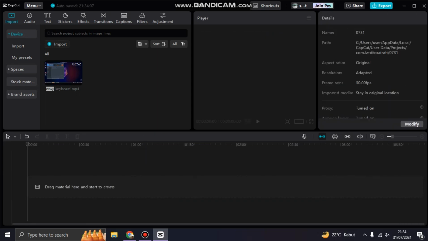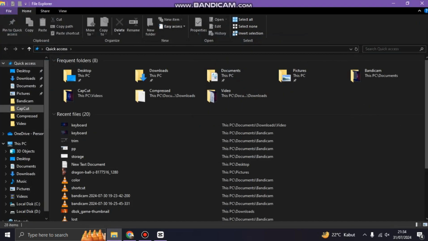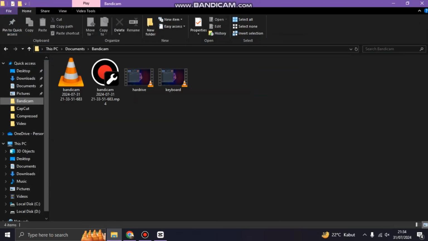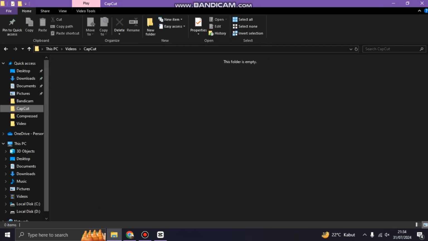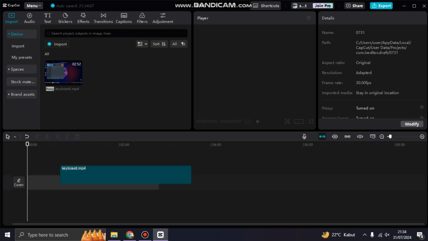So usually the file is deleted or you accidentally deleted a keyboard from the Capcut folder. I'm going to show you how you can fix a deleted file problem in Windows 10 or Windows 11. So let's get started. I'm using Windows 10 right now. If the file is deleted, you cannot restore it, and if you have a problem again and you cannot edit it again,